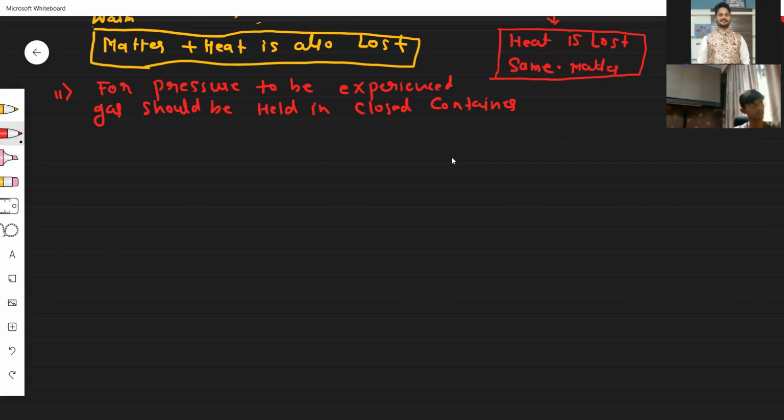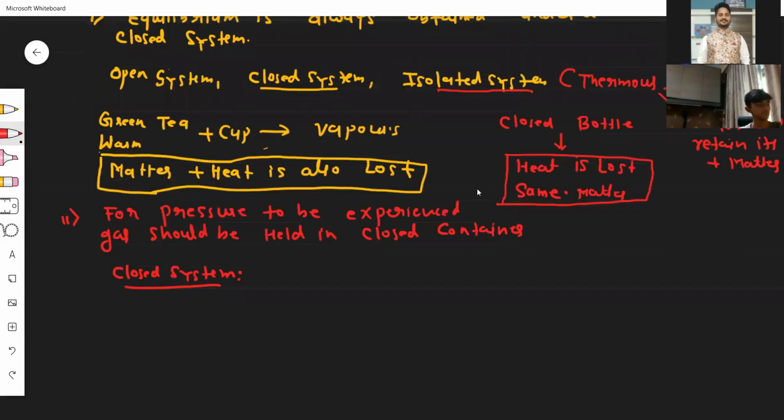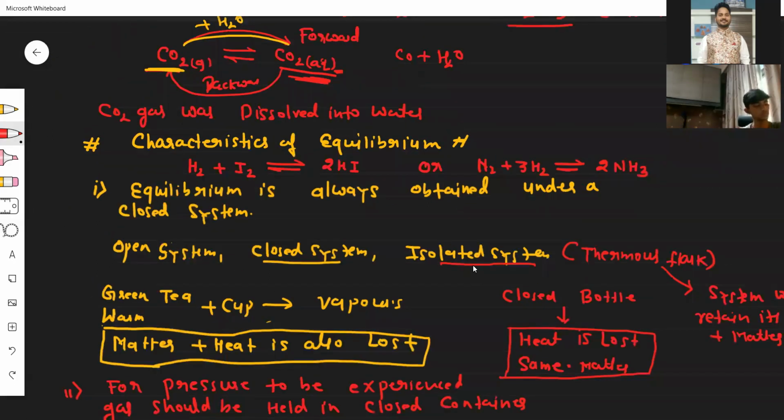And one more thing, you asked me what is the meaning of closed system and why we keep it closed. Now, if the system was open, what was getting lost? In the open system, you are losing heat and you are also losing matter. So if you focus on this particular reaction, which I have written here initially, if I do this conversion in an open container, do you find I'm able to hold the gas?